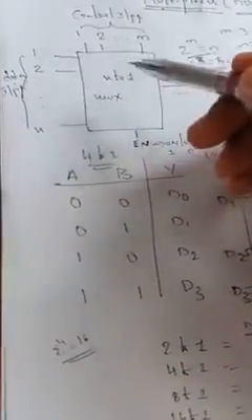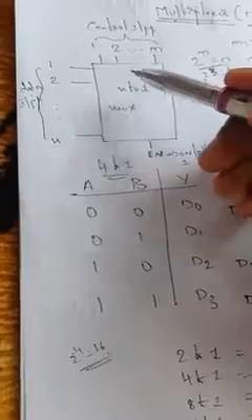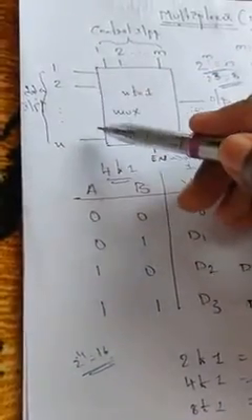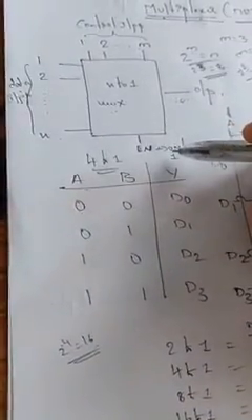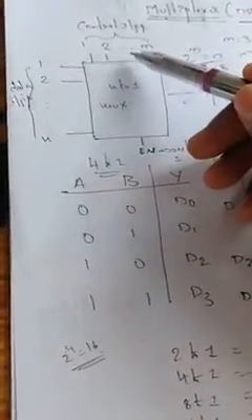This operation will work as I just explained only when the enable is on. If the multiplexer needs to select one of its data inputs to the output based on the control inputs, this enable should be on. If this enable is off, meaning 0, no matter whatever the control inputs you select, none of the data inputs will be selected to the output.